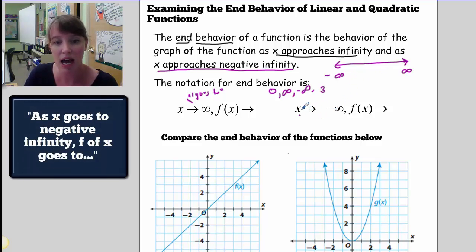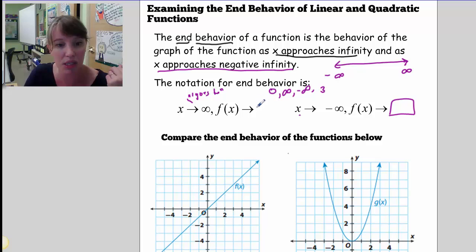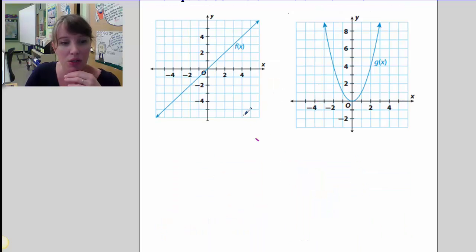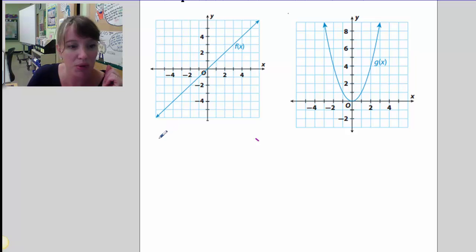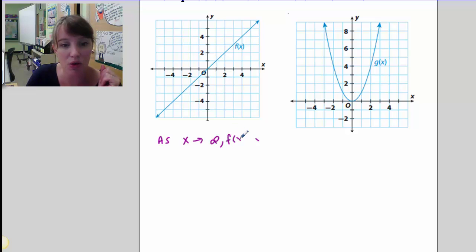So this is read as x goes to negative infinity, f of x goes to, and you fill this in with a number. So both these things would be filled in. All right, so let's look at the end behavior of these two different functions here. Here is a linear function, f of x. So we would say as x goes to infinity, f of x goes to,